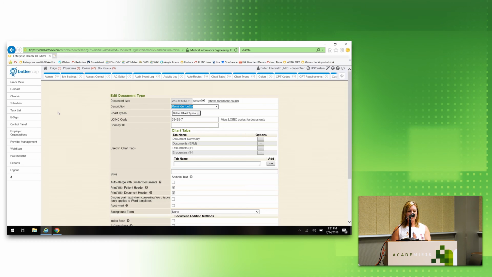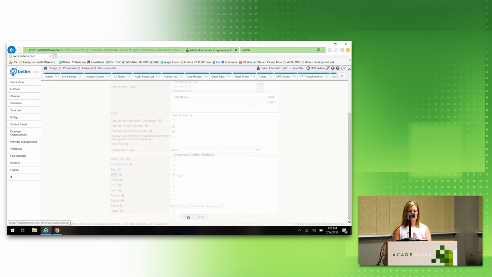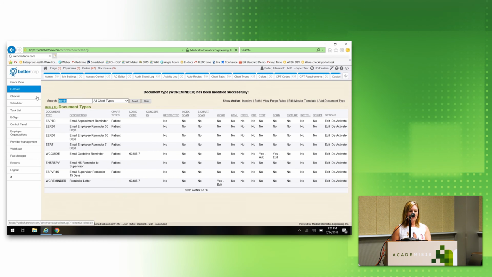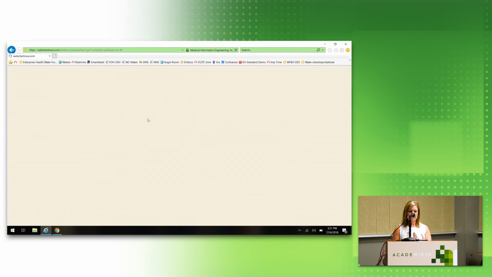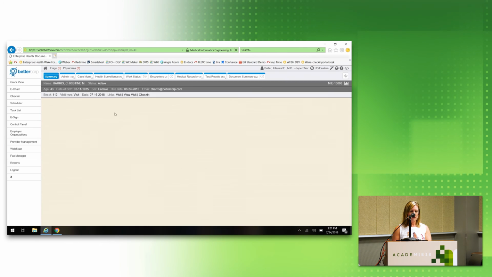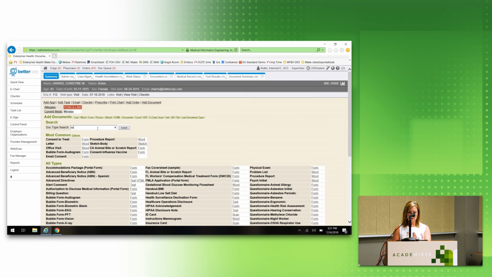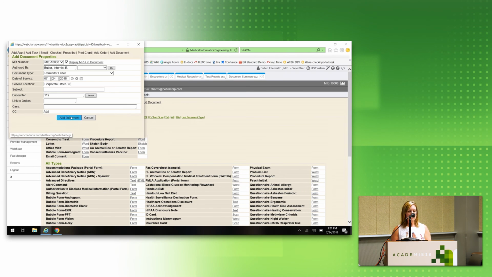Yep, so back here in the doc types editor, just like we did a form, we need to signify that we want it available to end users as a Word template. So I have to check mark it to activate it as Word. So we'll go to a test patient, document library, and I can search there or use contain search. And there's my reminder letter available in a Word template. Can select it, click add document,